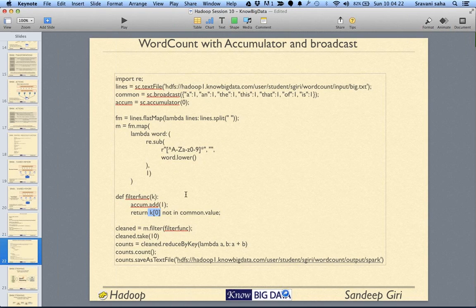All right. Okay. So this way we will be able to use the broadcast variable, as well as we are also telling accumulator dot add 1, so that we have progress reporting of the whole process. At any point of time we can also print the accumulator and show that these are the records that are done.